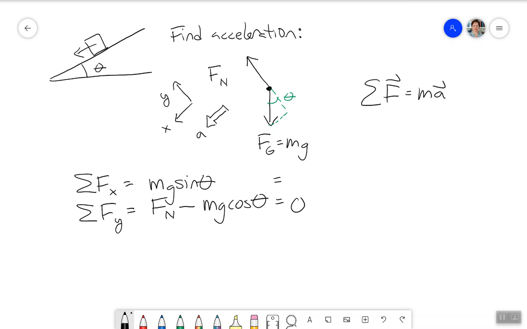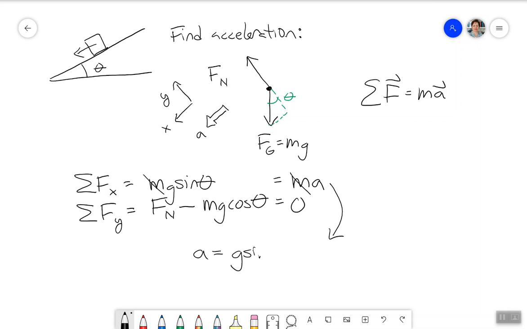Notice that I don't draw the acceleration as a force vector. It's not a force, it's just an acceleration. So it actually goes on the right-hand side. To find the acceleration, we just use the top equation. We notice that the masses can be divided out from both sides, and we get that a is equal to